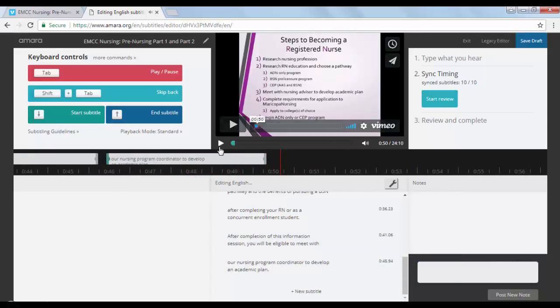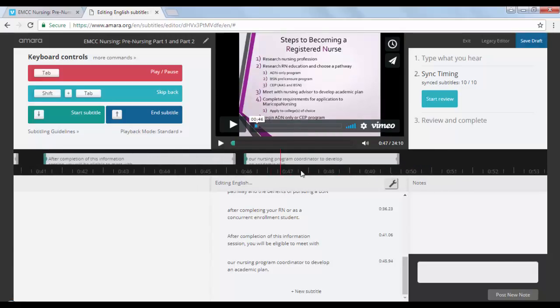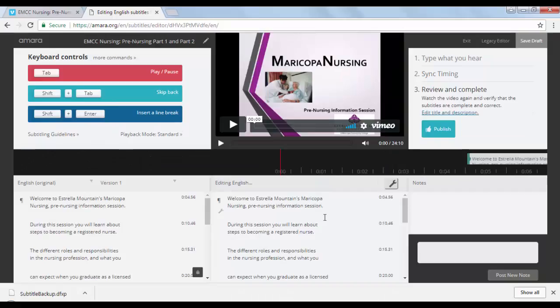So as I was working on that, I was checking my timings. Now you can also go back within this section and you can adjust the timings by moving the handlebars to start earlier or later, depending on how you hear the voice. You might have been a little bit off, but as long as it's enough to follow, you should be fine. When you're in the review section, you can still go back and play this audio to make sure that your